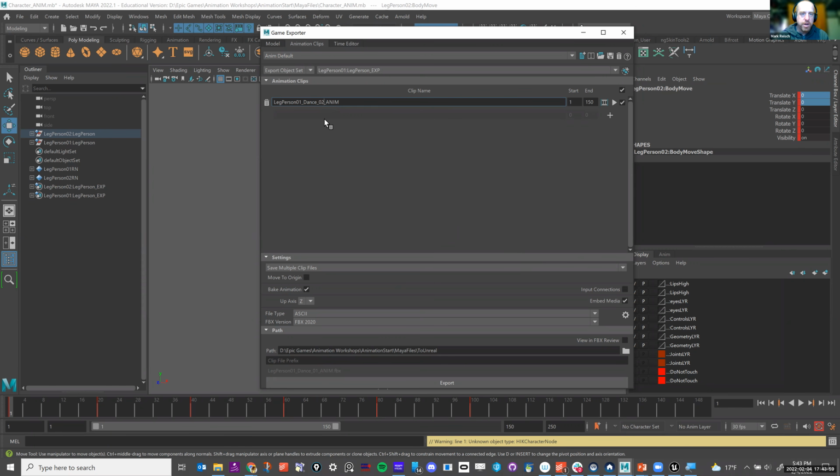So I'm going to have my character person 2, and I'm making sure at the top that I select the person 2 animation out. Oh, also you can change your start and end times if you wanted to have more or less time in there. You can change the length of your clip. And then everything else is pretty much the same.